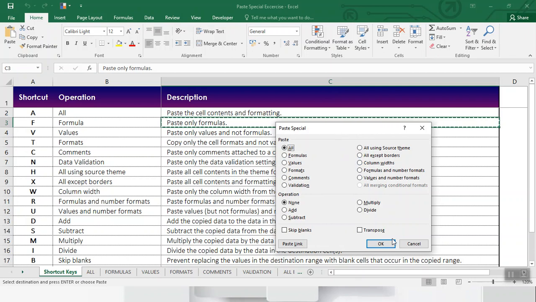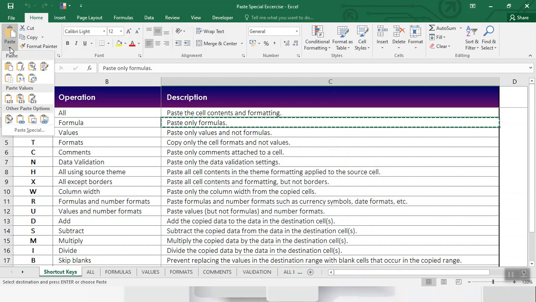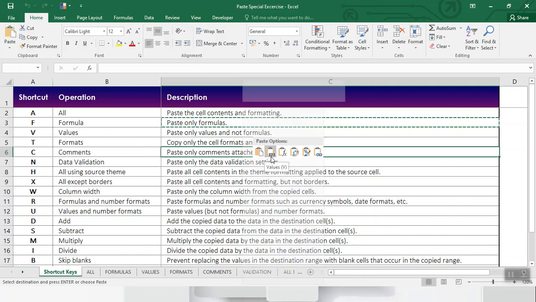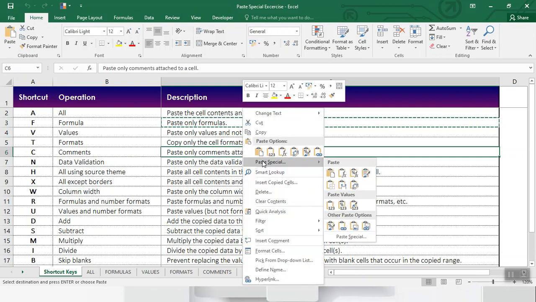Let's see, another way to open the paste special dialog box is clicking paste special on the home tab in the clipboard group. And we can right click a cell where we want to paste the copied data, and then click paste special in the context menu.